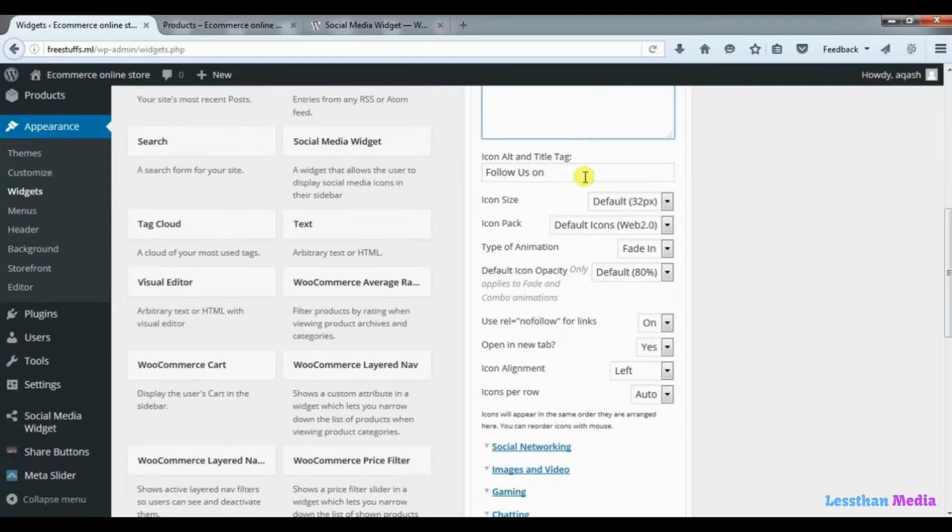And here is a lot of settings. You can change the setting, like you can change the icon alt and title tag from follow us on to something else. You can change the icon size, you can change the icon shape from here. So you can set up these options according to your choice, and then click on social network,